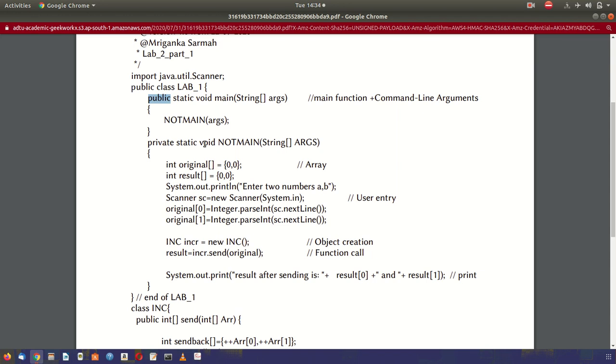Similarly, there is another function, not main, and it is private. Now private, if you remember, is something that is not allowed to be accessed with inheritance or without inheritance. Public and private are completely opposite. Public means free access. Without inheritance also you can access the main function,